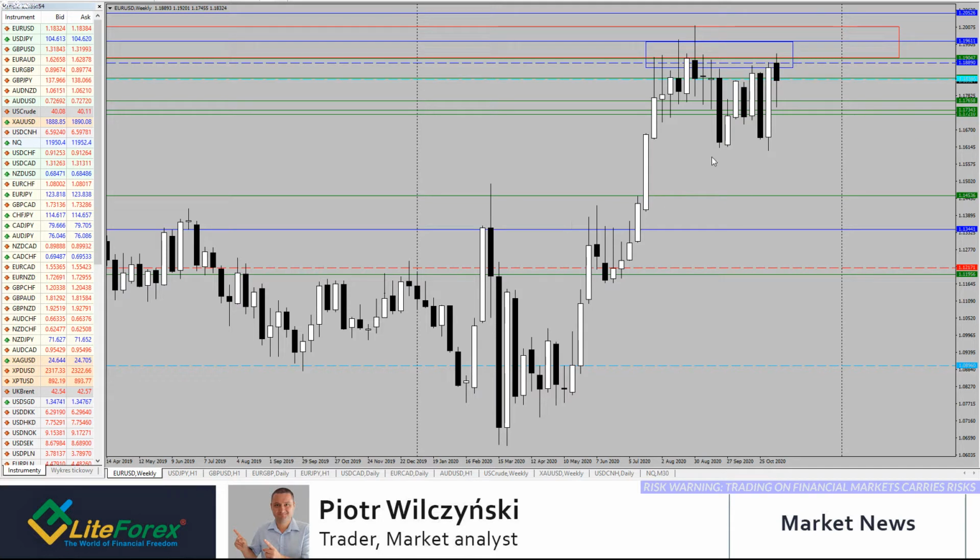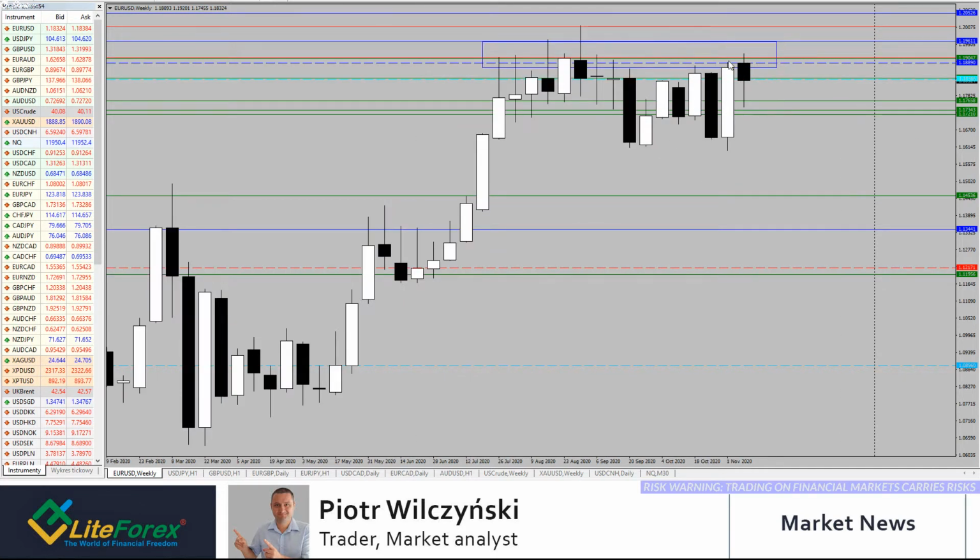Now, taking into consideration the combination of the last 2 weeks, we have a nice outside week retest. Last week it was the 50% retest of that range we've seen 2 weeks ago, and that could produce a rally. If we are going to see a breakthrough of 1960-20, we might see the rally towards 21.50. On the other hand, if we are going to hold these highs, a retest of the levels close to 116.30, 116 could be in place, and if we are going to break to the downside, we might finally see